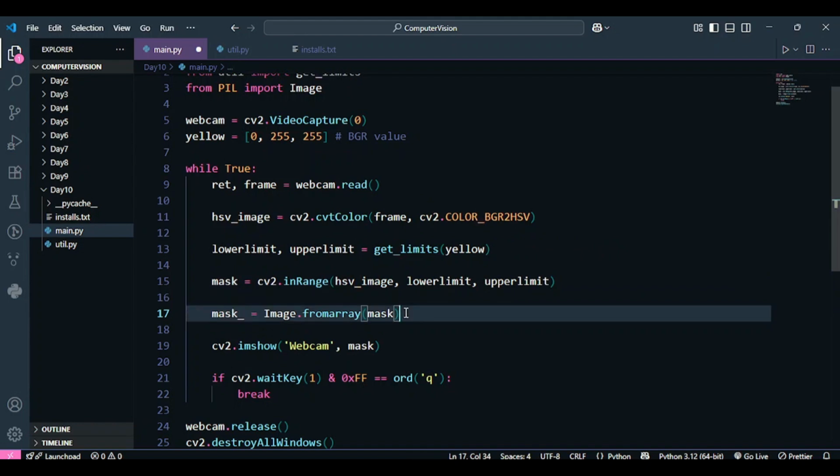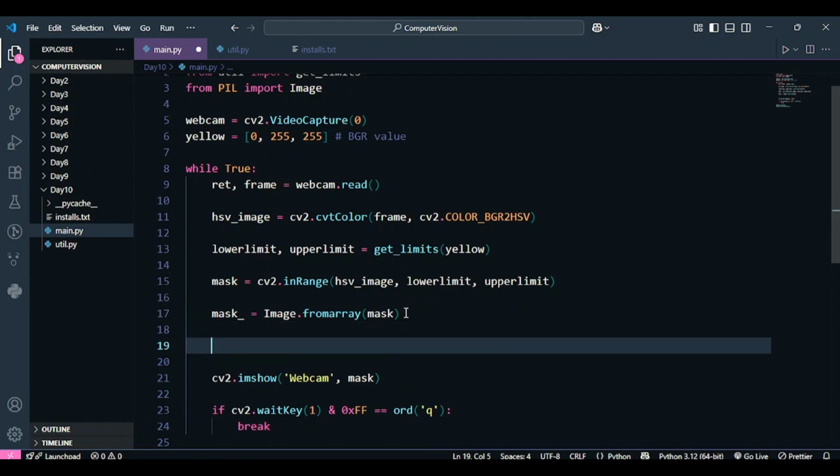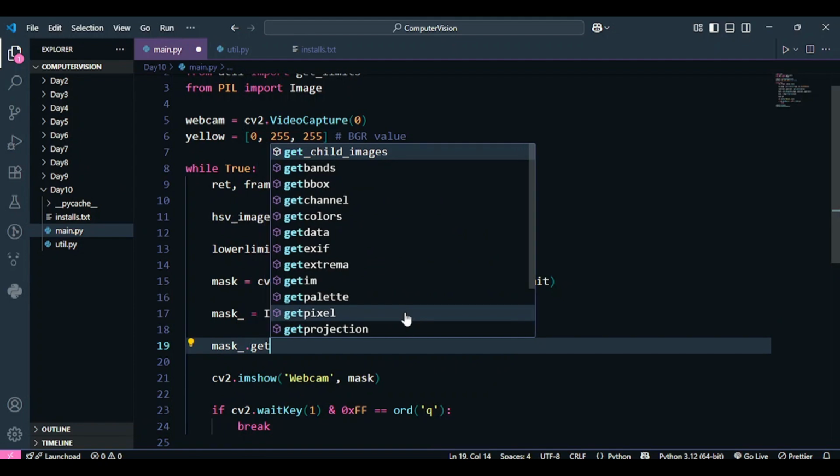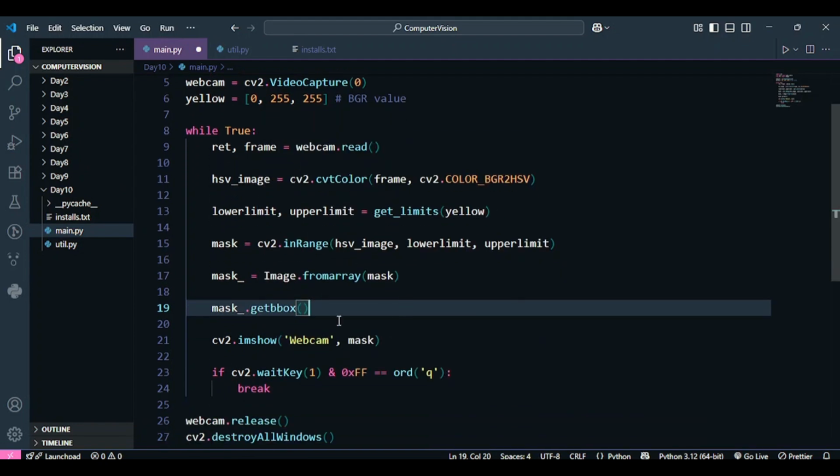The reason we did that is because the Pillow library has a function called getbbox. This getbbox function helps us get the bounding box of the object. The reason we converted to a Pillow object was because we wanted to use this function, and to use it we needed the Pillow object. There was no other reason.